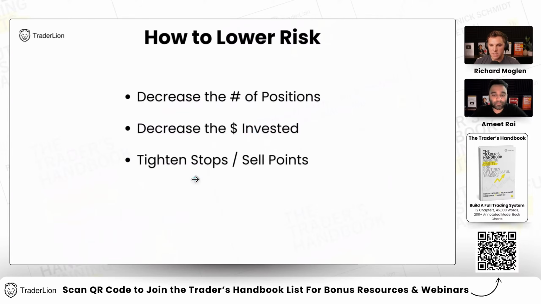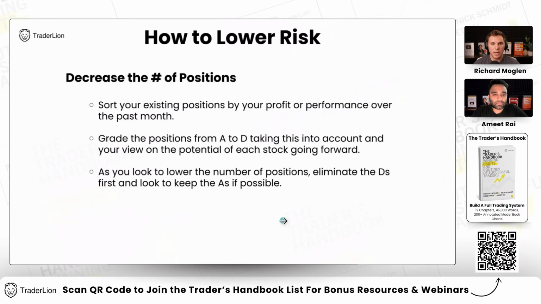And we can tighten up the stops and the sell points, become more aggressive with selling, and lock down gains faster when we do have them. So these are three different ways that we can lower risk if we would like to. If the market environment shifts, or market feedback, maybe 7 out of your last 10 trades have been losers, that's a sign that, hey, maybe I want to lower risk. And these are all three ways that you can do that. Let's dive a little deeper into each one.